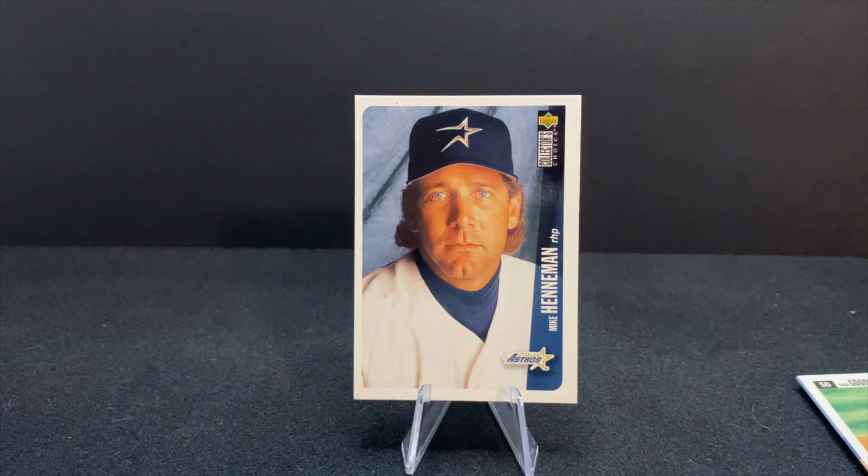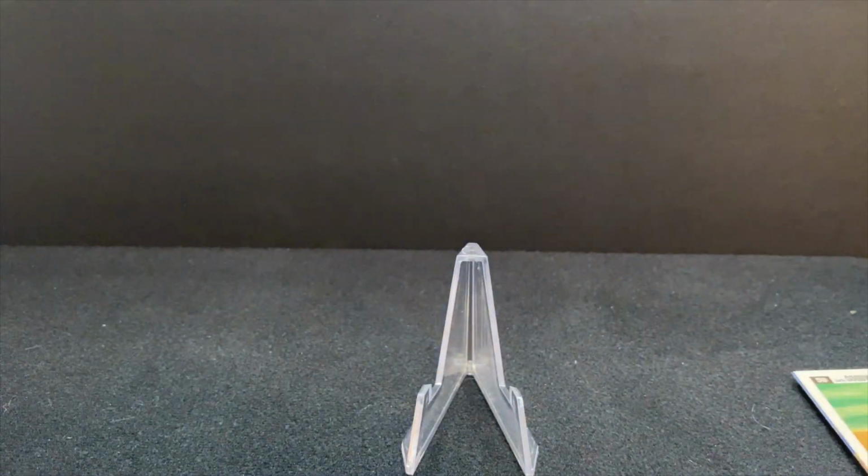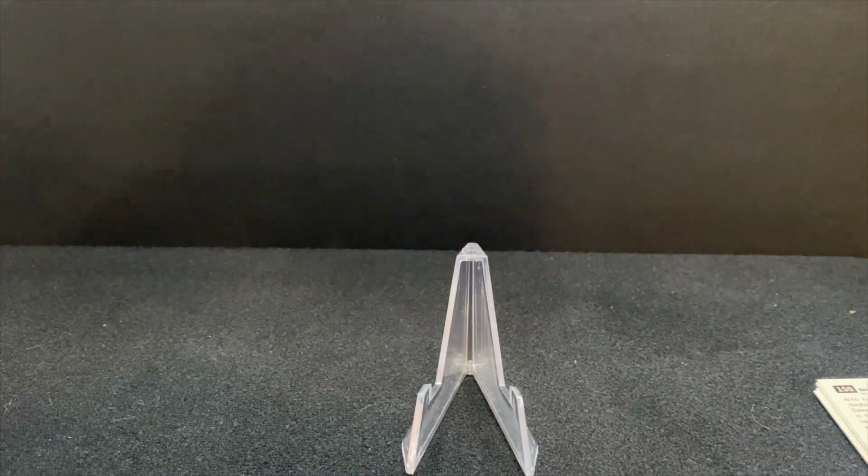They are still in the National League at this point, which is kind of weird to think about. They're actually still quite a few years away from moving to the American League. But I don't really remember anything about Mike. All right. Here is...